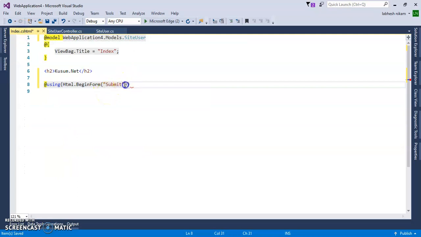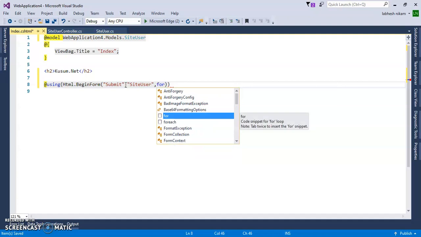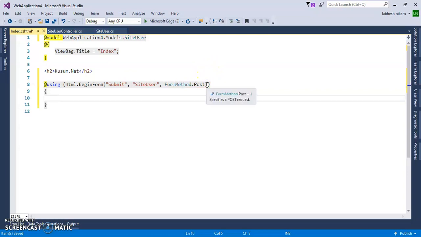This method is situated inside of the controller SiteUser, so SiteUser. Use FormMethod.Post, because we want to post the data.